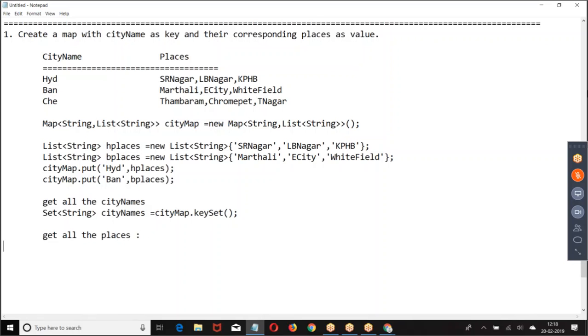Here we have a very important point. If the value is string, we are going to get a list of string. If the value is integer, we are going to get a list of integer. But the value is what? List of string. Then what are we going to get? If the value is list of string, we're going to get a list of lists.